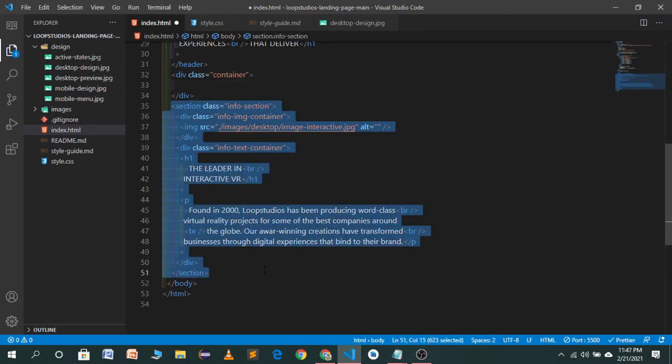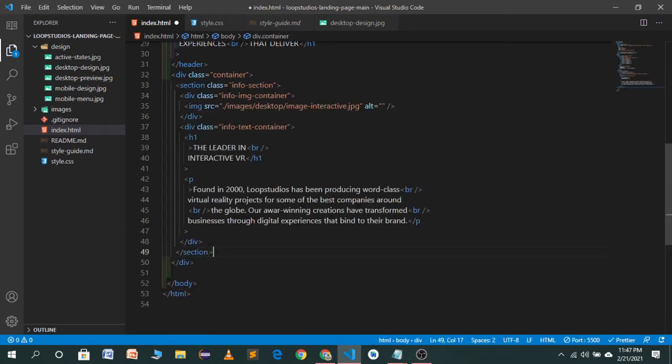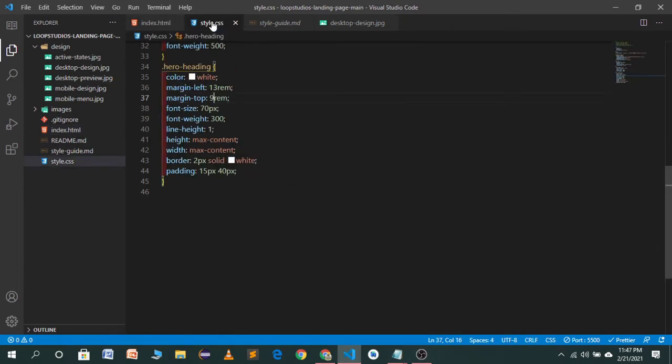I will copy it or cut it from this and use it in a container. So you can also use this. So first of all, I have to copy this container class name and go to our CSS file.